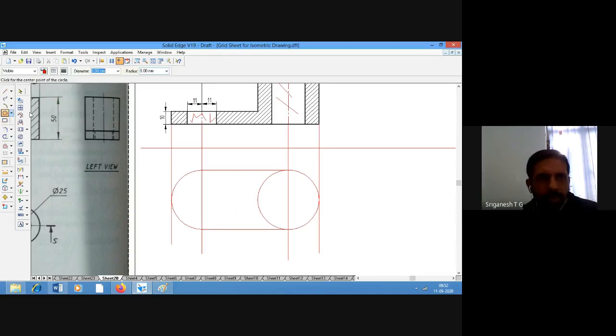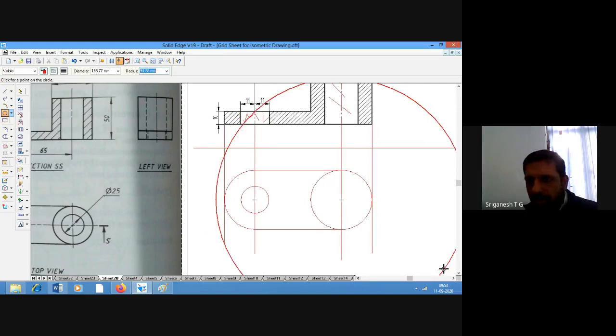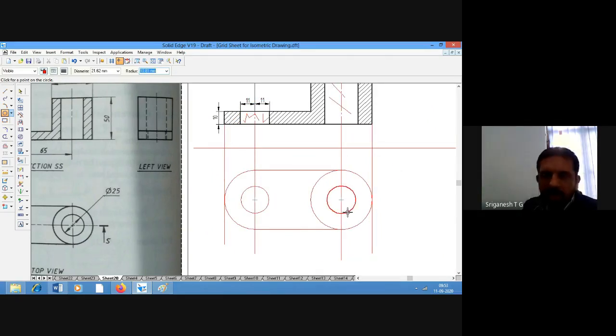Now go for the circle. Here we have a 21 mm diameter, so from the same center, the diameter is 21. And from the same center onto the other side, we have a circle of diameter 25.